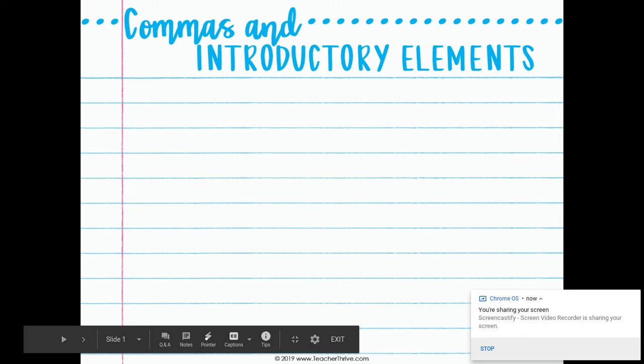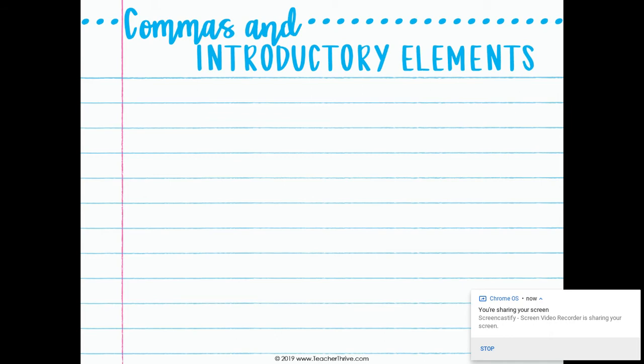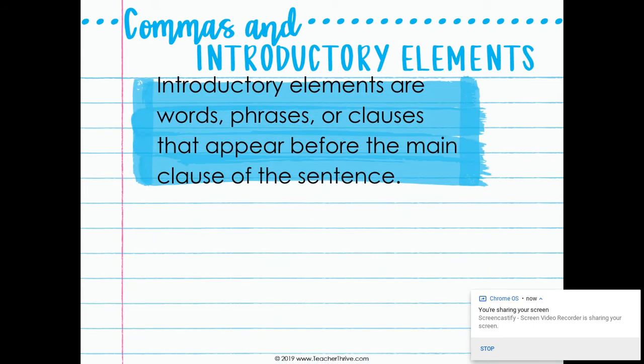Hi guys, this week for your grammar lesson, you're going to be looking at commas and introductory elements. Introductory elements are words, phrases, or clauses, which really means a complete thought, that appear before the main clause of